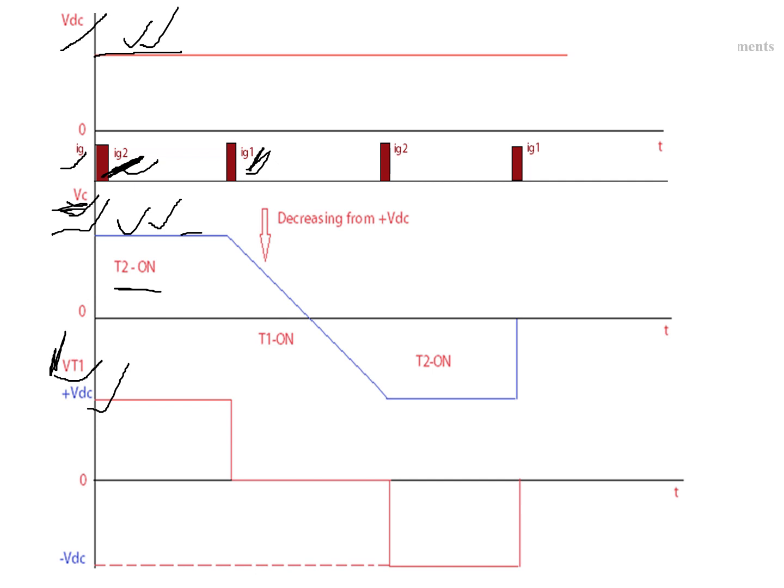Okay, after complete charging of this capacitor, we are going to apply the gating pulse to thyristor T1. By applying the gating pulse to thyristor T1, the capacitor starts discharging from plus VDC to minus VDC, and in this case thyristor T1 is in on state, which means the voltage across thyristor T1 is 0 volts. After complete discharging of this capacitor,